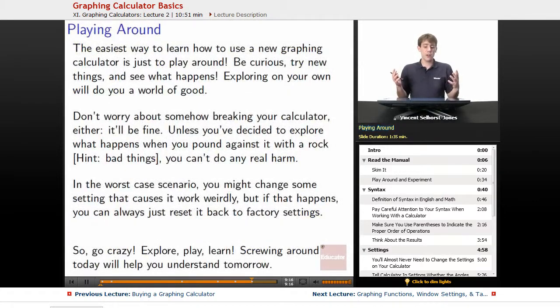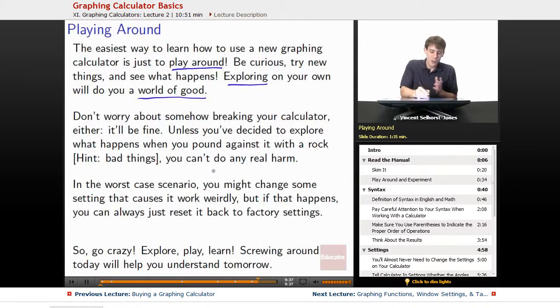The easiest way to learn how to use a new graphing calculator is just to play around. I really can't encourage this enough. Be curious, try new things, and see what happens. Exploring on your own will do you a world of good. And don't worry about somehow breaking your calculator either. It's going to be fine. Unless you've decided to explore what happens when you pound against it with a rock. Hint,